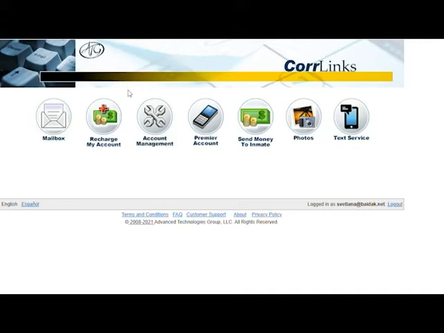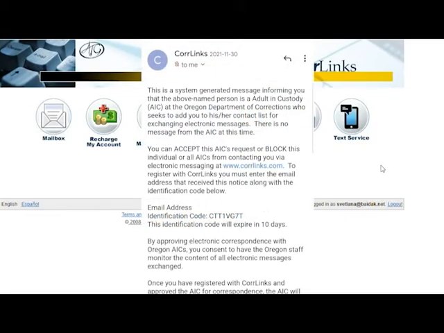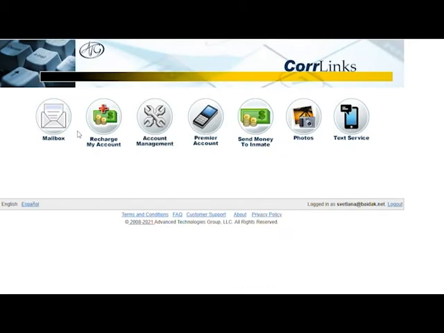So if you spelled your email wrong or he spelled it wrong, it's not going to make it. A little tip from me to you is check your spam folder. Sometimes those invites end up in the spam folder. But basically, if he spelled it right, you got it right, he sends you an invite, it will give you a code that you would enter. You would go to CorrLinks, it would say you have an invitation from this person, you enter that code, and you should be able to write to him in about an hour to 2 hours. So the prison will make sure to authorize you, but they do sometimes check.